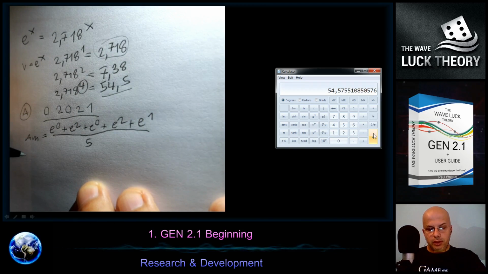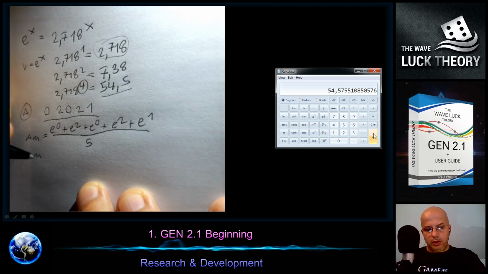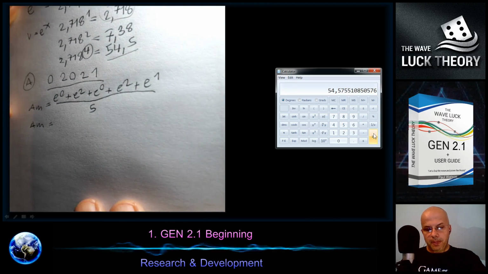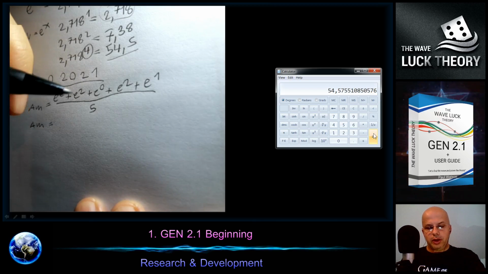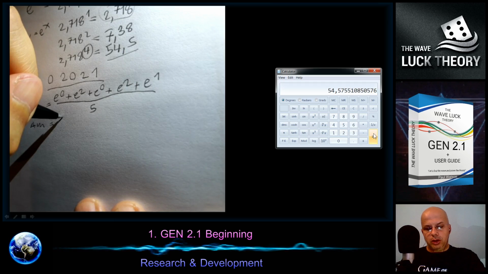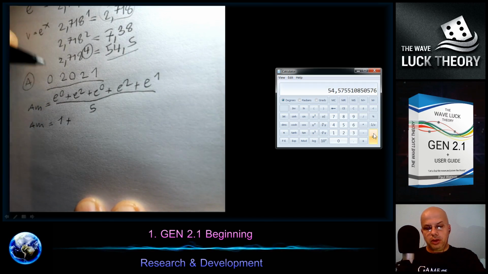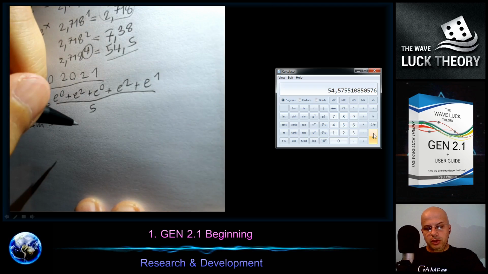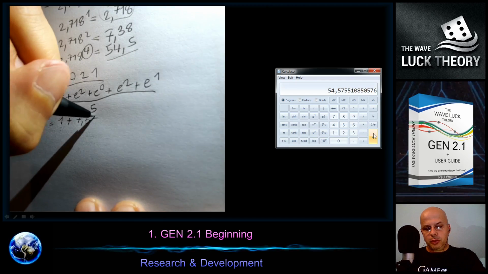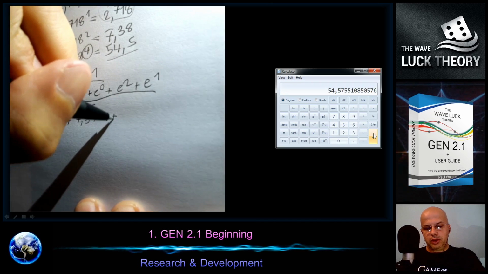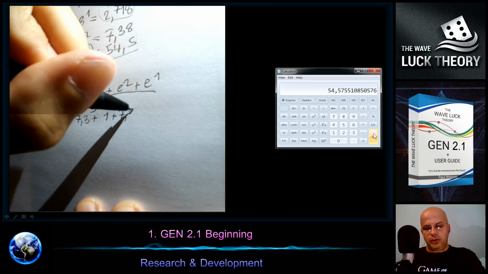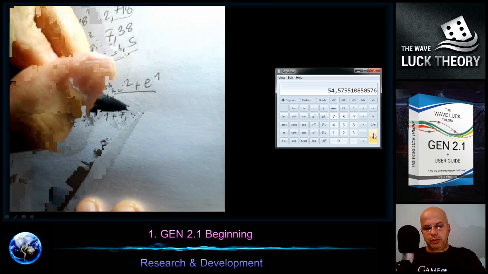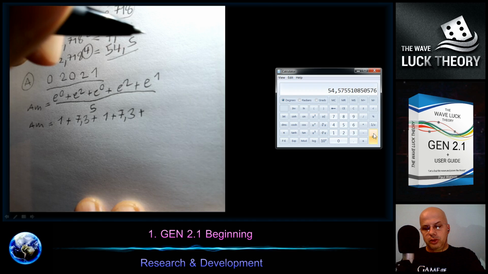And the AM is now 1 plus, we calculated here 7.3 plus 1 plus 7.3 plus 2.71 divided by 5 is equal, let me calculate it on the calculator,